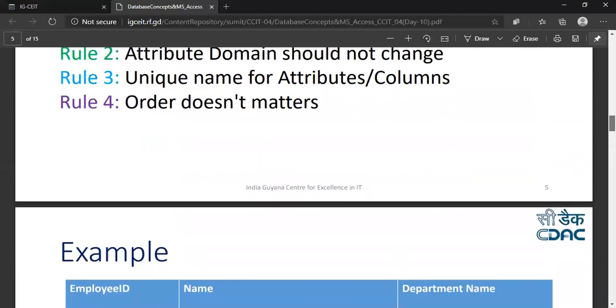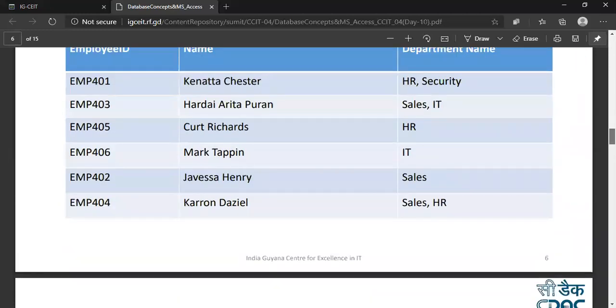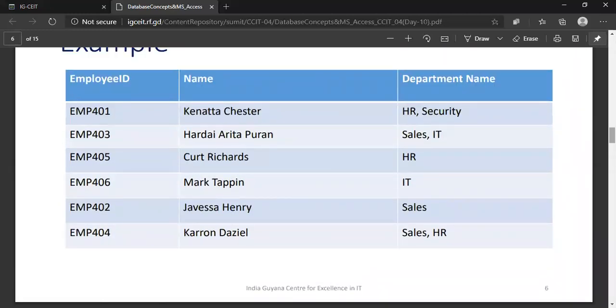Also, the fourth says order does not matter. So I can store data in any order. After 401, I should see 402, but I'm getting 403. Then I'm getting 405, then 406, then 402. So the order is not as per the sequence. As per first normal form, order does not matter, so I can keep my data in any order.